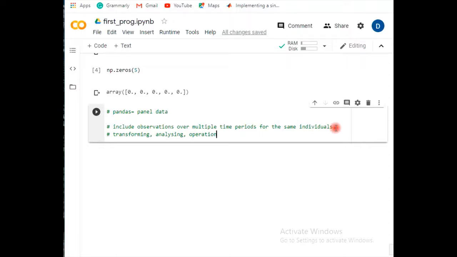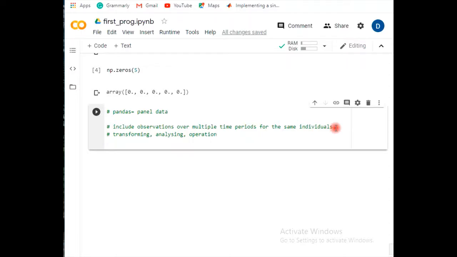Pandas also helps you to import or export data in CSV or Excel files.